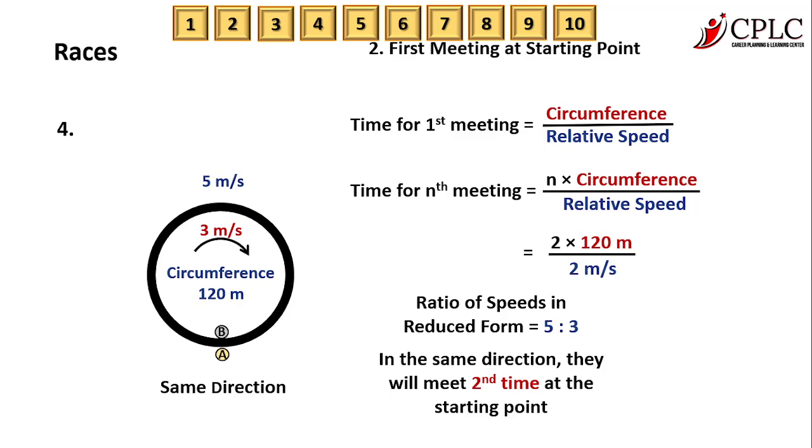So in short, we are looking to find out the time taken for the second meeting. So the time taken for the second meeting is 2 into the time taken for the first meeting. And the first meeting we just now saw is 60 seconds. So for the second meeting it will be 60 into 2, which is 120 seconds, for example. And we also know from the concept that whichever is the last meeting, that happens at the starting point. So that idea is still there as well. So no changes there whatsoever in that specific regard, which is what we need to understand.